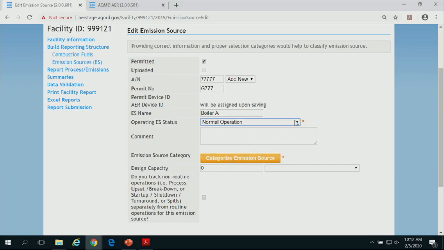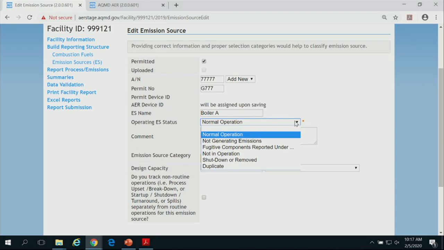And the main reason for these features is to tell the reporting section of the tool, hey, this equipment, am I going to need emission numbers for it or not? When you click duplicate shutdown, it knows this is shut down, no emission is going to be reported, so it doesn't ask you for that in the back end.